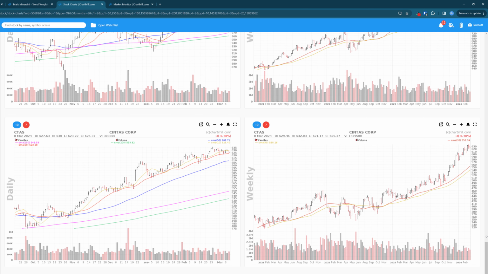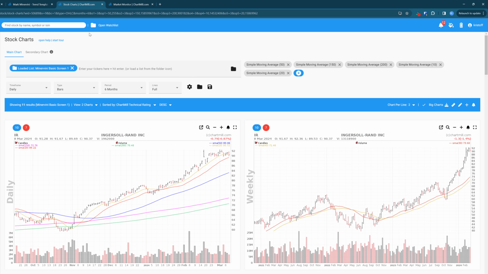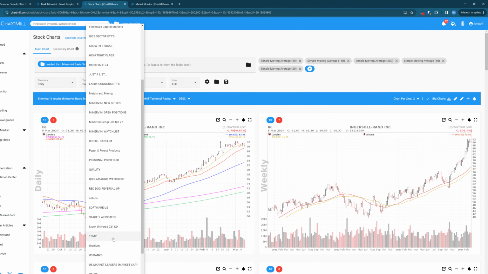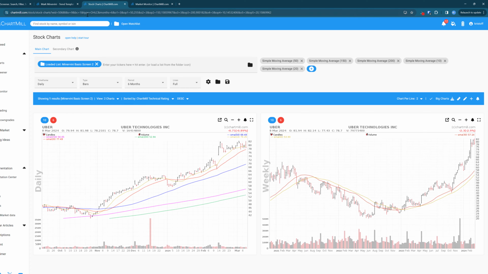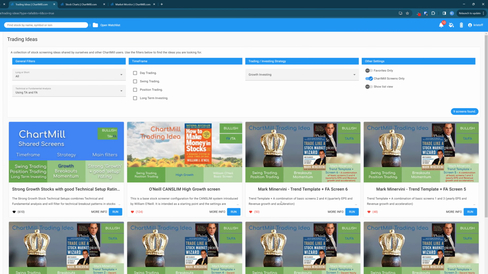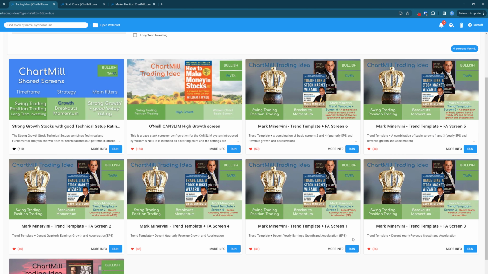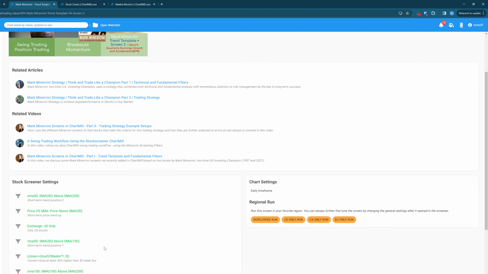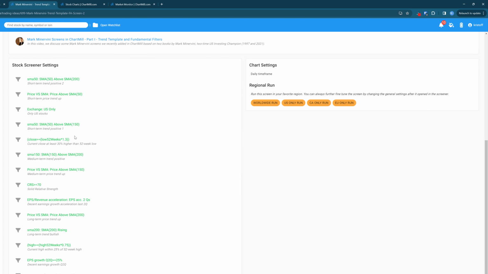So basic screen number 2. So let's have a look at the basic screen number 2. What does it say? What does it mean? Again, the same trend template filters do apply. It's a qualifier, but in this case,